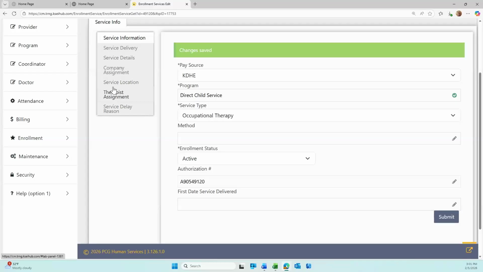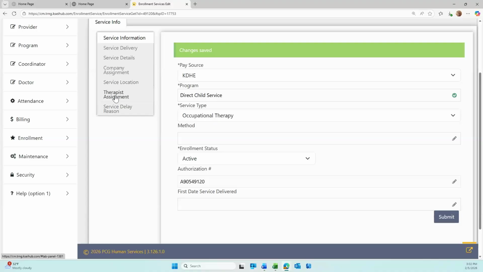It will allow therapists to be changed as long as the agency, the point of entry, is still the same. If the point of entry changes or that agency providing the service changes, then you would need to enter a new service authorization. But as long as the money's going to the same place for that service, you do not have to enter a new one, and you can edit the therapist assignment